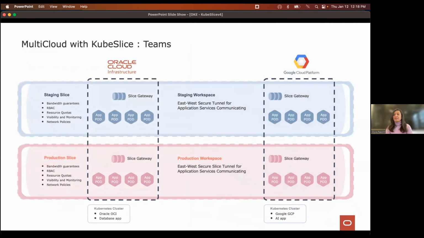So this is a visual representation of how you would do a multi-tenant architecture with KubeSlice in a multi-cloud scenario. If you have multiple teams, we have customers that create slices for different teams, so a staging slice and a production slice. Again, they are all isolated. Their network traffic is also isolated, so it's all highly secure, and the slices are communicating, and